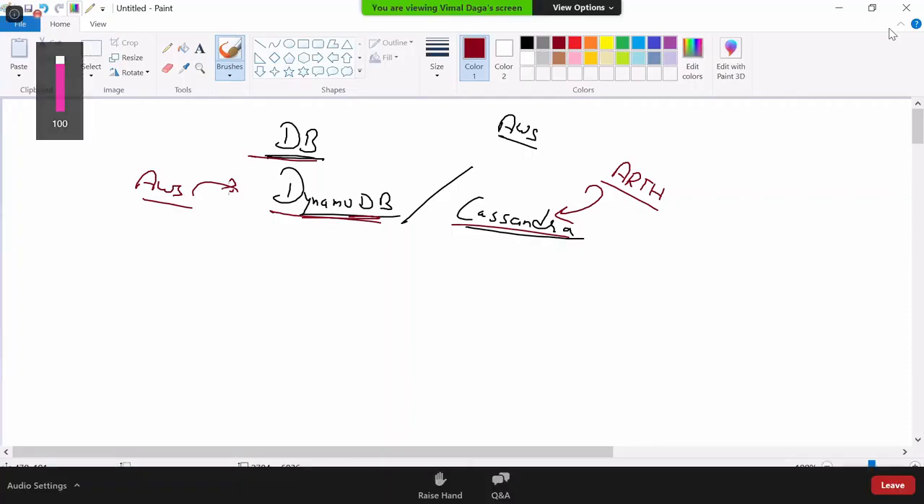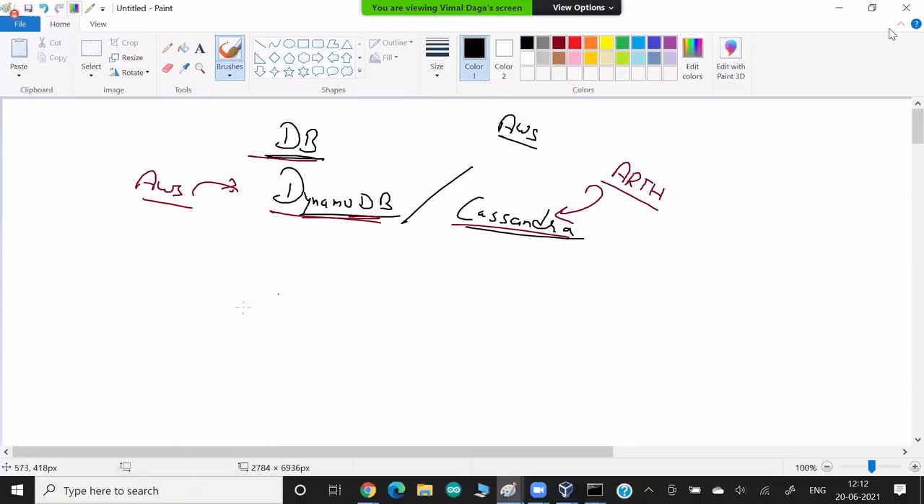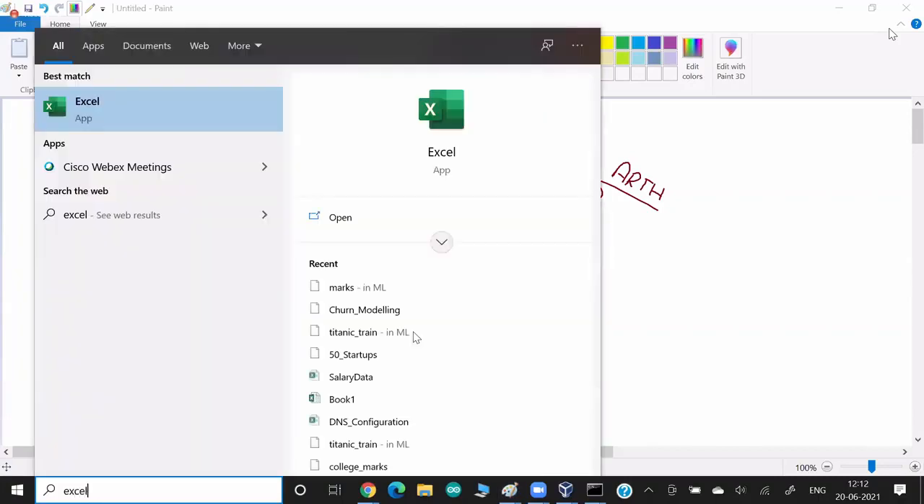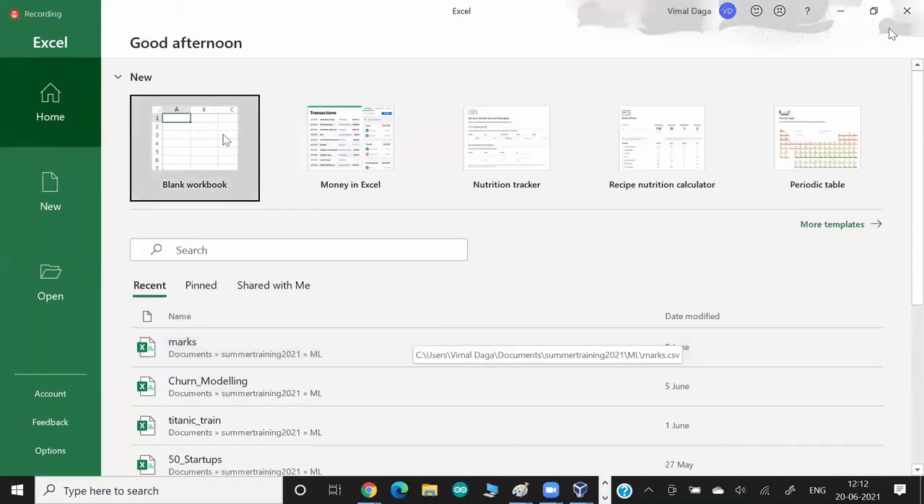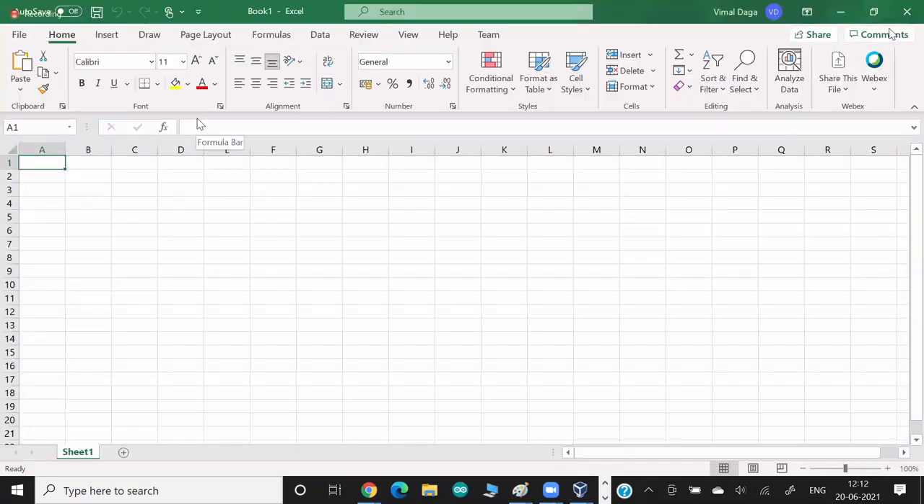If you talk about your typical traditional databases, typically known as RDBMS, or I can say SQL kind of databases, they are good, no doubt, but we are facing some kind of challenge there. So if I open my Excel sheet here and try to explain what I'm talking about. In your traditional RDBMS or SQL databases, we